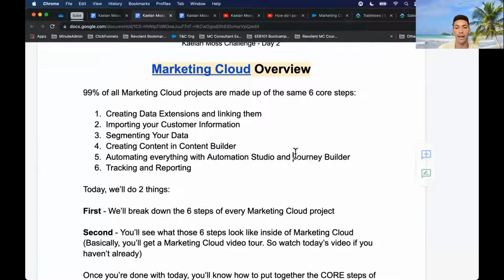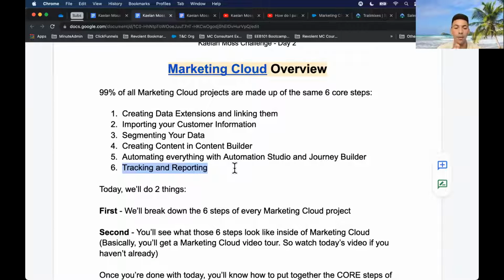And then Journey Builder allows you to send those messages out to your customers once all of your data is segmented. So you've got all of that set up on autopilot. You don't necessarily need to do anything once you've set everything up, unless you come in and do tracking and reporting, which you should always do, and you check to see that emails are maybe not performing the way you wanted them to perform. Then you might go back and segment your data a different way, or create new data extensions and come up with new initiatives in Marketing Cloud or as a business, to then go back and create new messages to send to your customers.